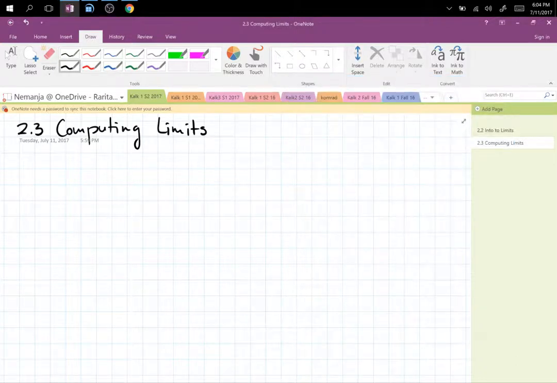Hello and welcome back to Calculus 1. The next section is on computing limits. We already seen two ways to compute limits. Graphical approach